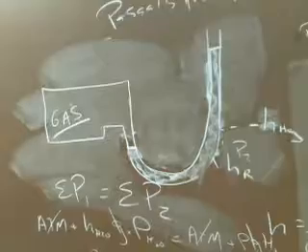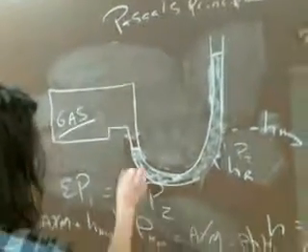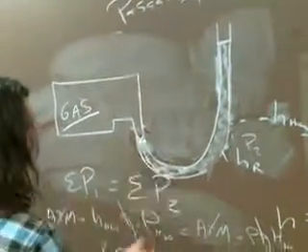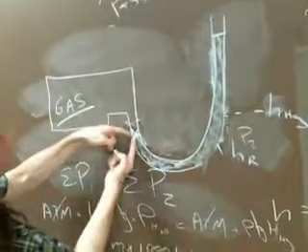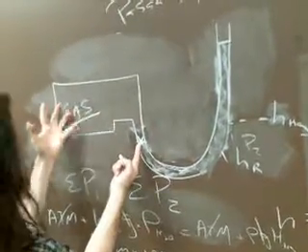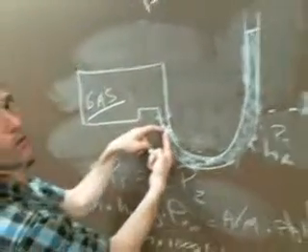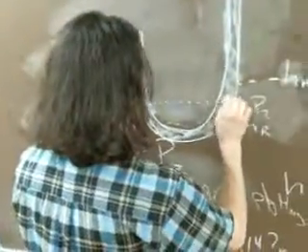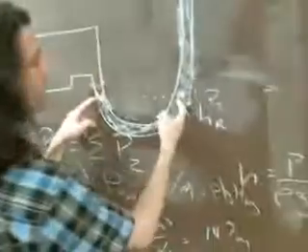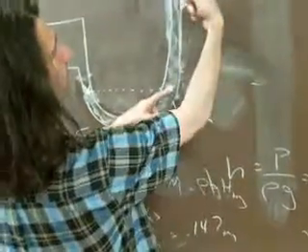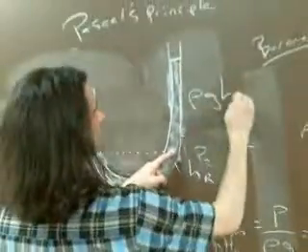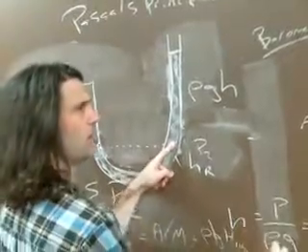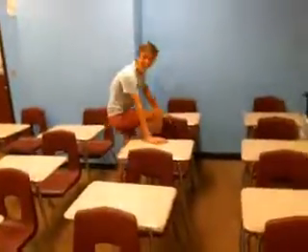Then, what if we are hanging out right at that boundary, right there? The pressure that you are feeling is the pressure of the gas, right? And if you are at an equal height over here, then the pressure that you are feeling is the rho GH of whatever fluid you're hanging out in, plus the